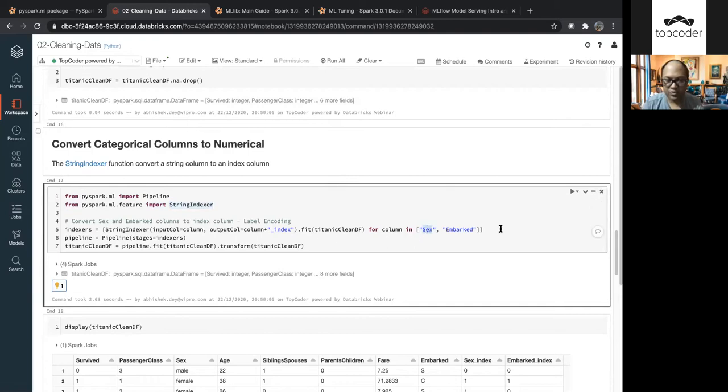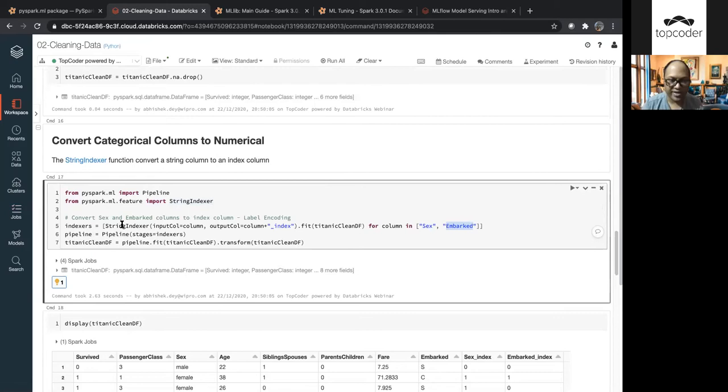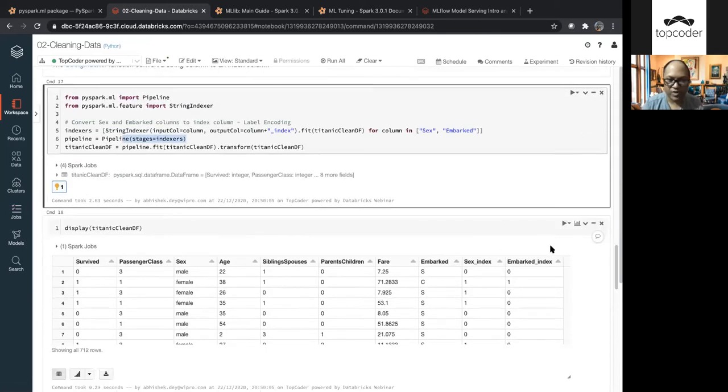So for the columns sex and embarked, we are converting that. We are creating a pipeline with the string indexer, and we are encoding these two attributes. And the new name of the new columns would be that column underscore index. So sex underscore index, embarked underscore index. So as you can see over here,